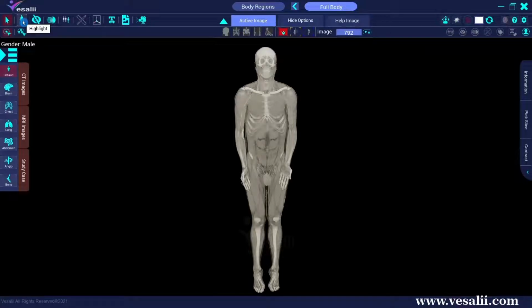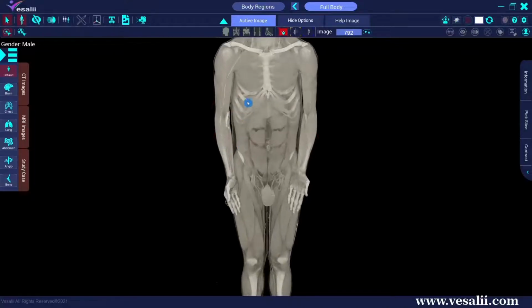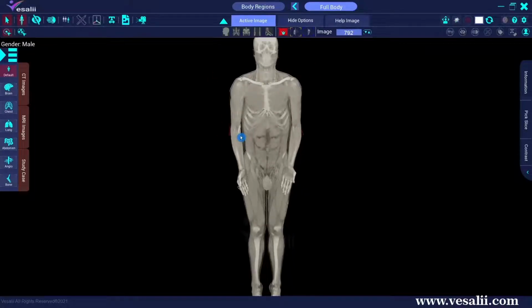Once the Highlight tool is active, a red border will appear on the model, which indicates the level of the image. We can move this red border by moving the mouse over the model. To highlight a group of images, we activate the Group button. Select the number of radiology images to be displayed and apply the tool on from the drop-down list. To demonstrate this, we will highlight 30 images in the middle of the abdomen region.